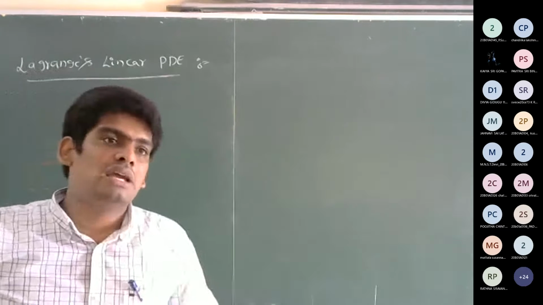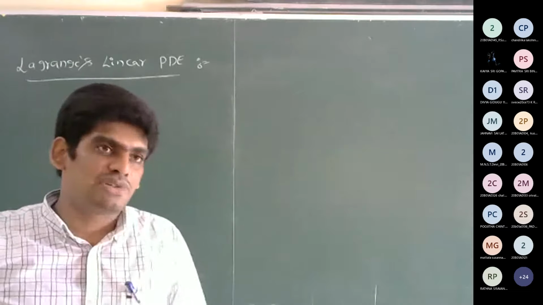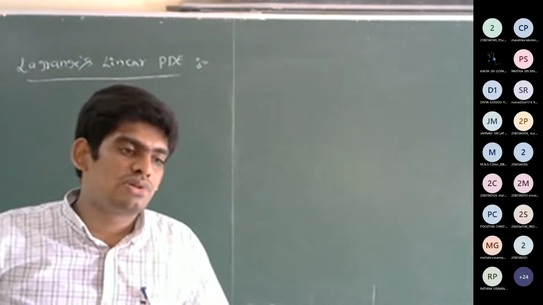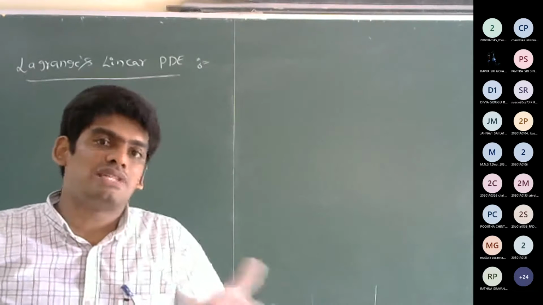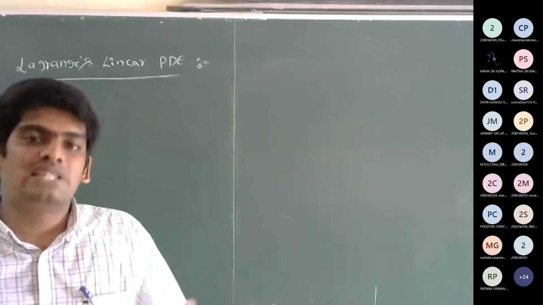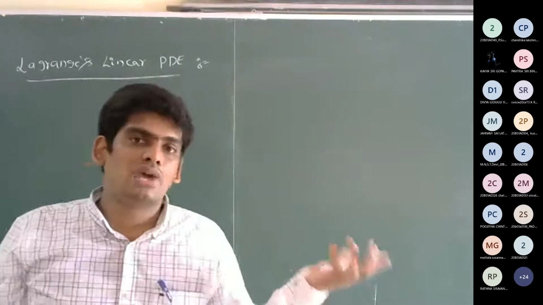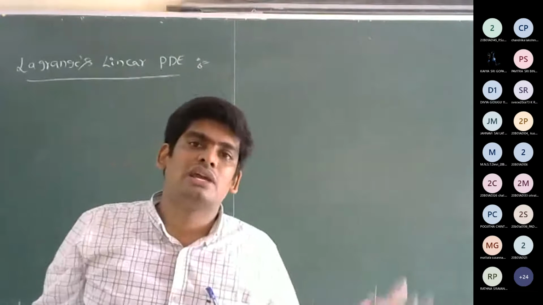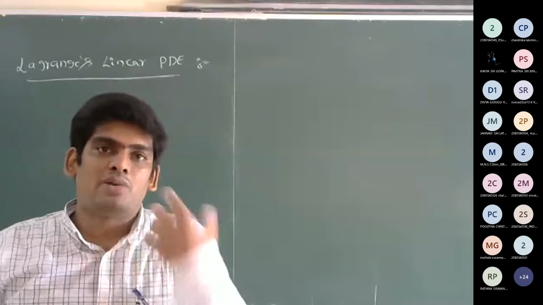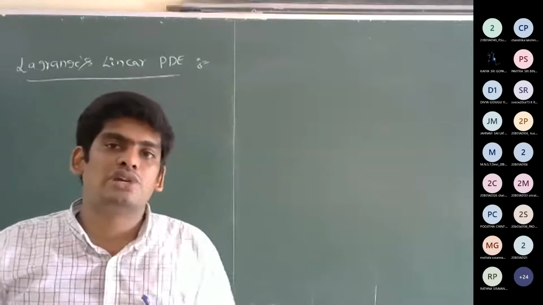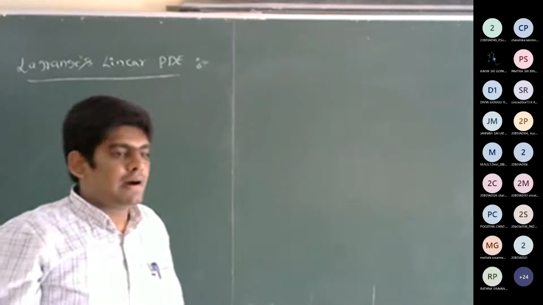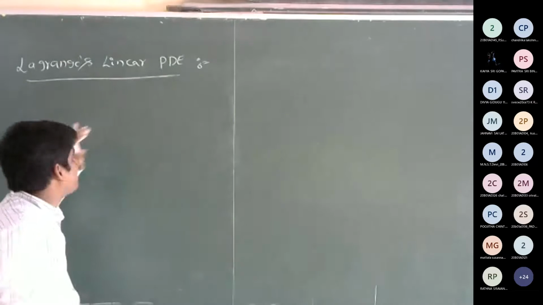Then after that we have the non-linear first order partial differential equations. There we have 5 or 6 standard forms. If you learn these standard forms, they are used for solving the non-linear PDEs. I already gave a very brief idea about the linear and non-linear PDEs. If you study these concepts, then the total unit is over. That is the first unit actually, right? Before that, we have the Lagrange's linear PDE.